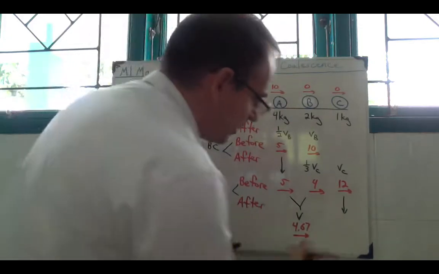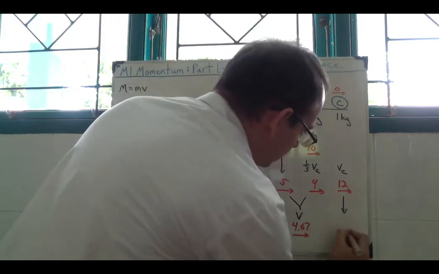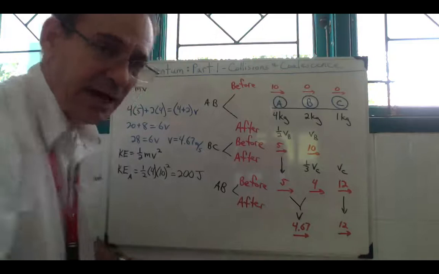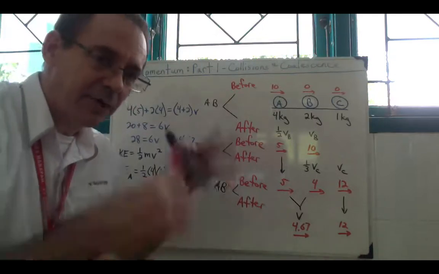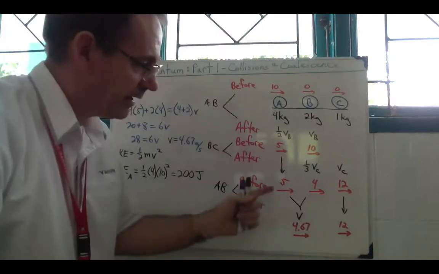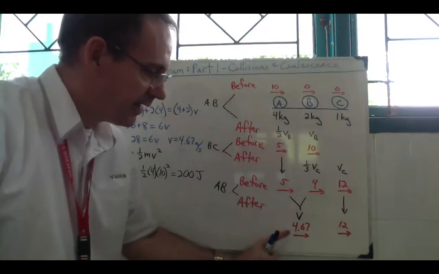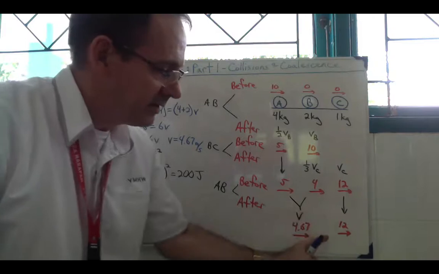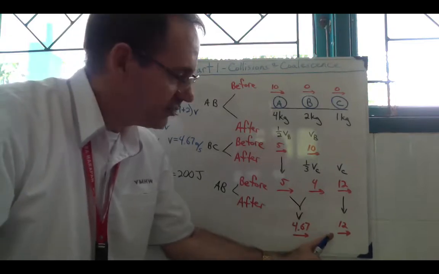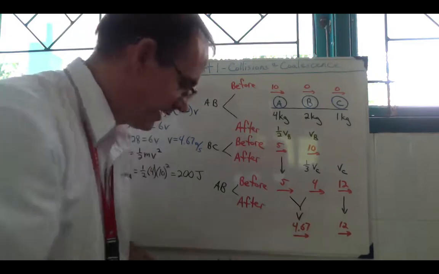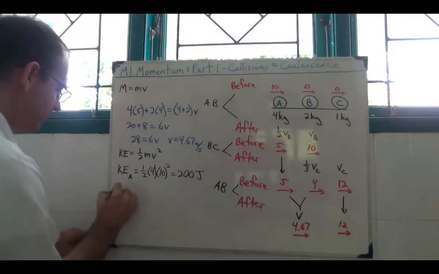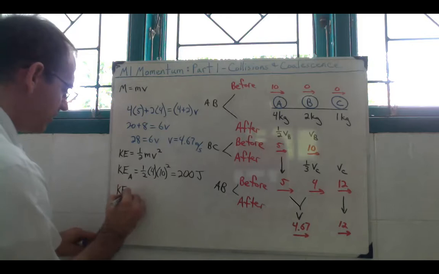So we don't want to forget particle C. So this now is what is coming out of the end of all of these collisions. A coalesced particle traveling at 4.67 meters per second and particle C traveling at 12 meters per second. So let's look at particle AB. Kinetic energy of AB